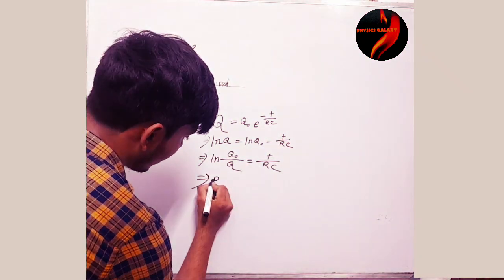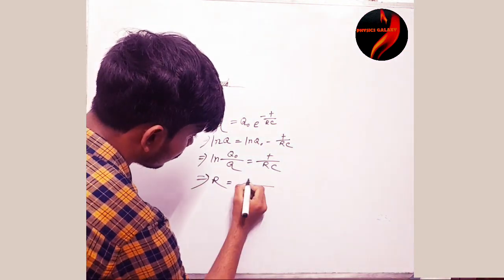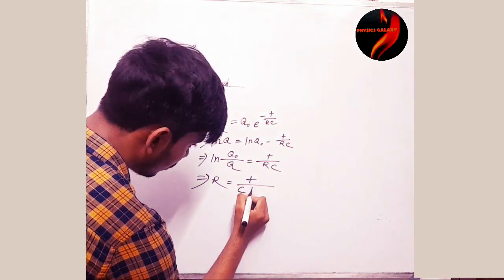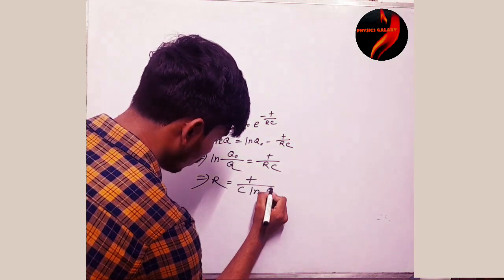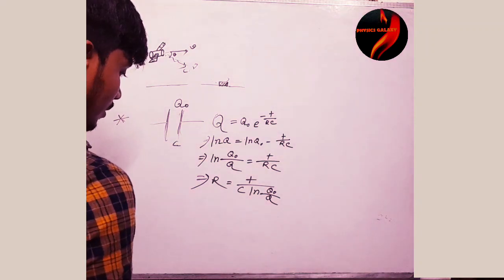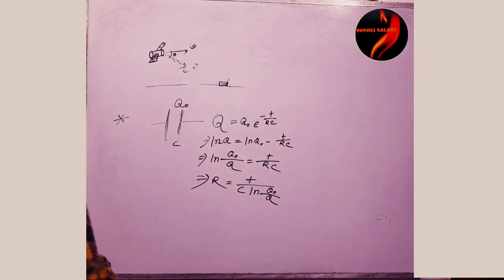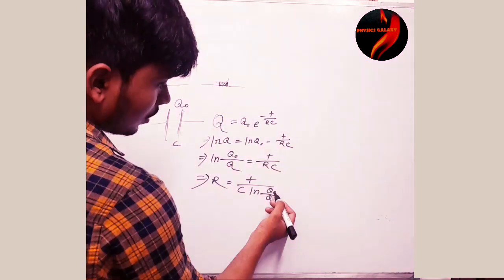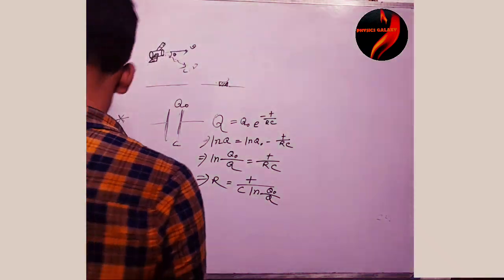So the leakage resistance R equals t by C into ln of Q naught by Q. Then they asked me how to measure this Q naught and Q,